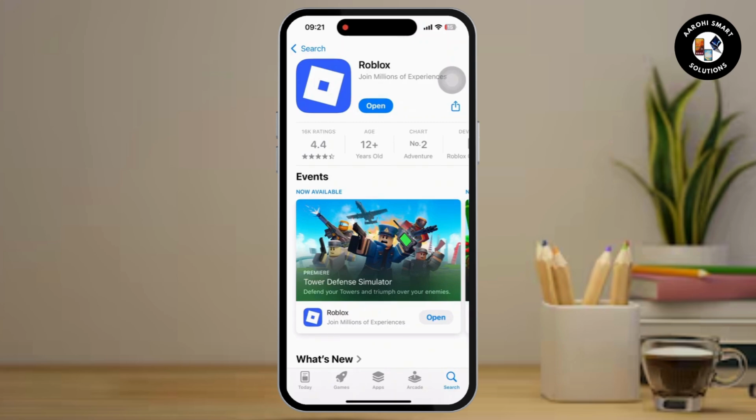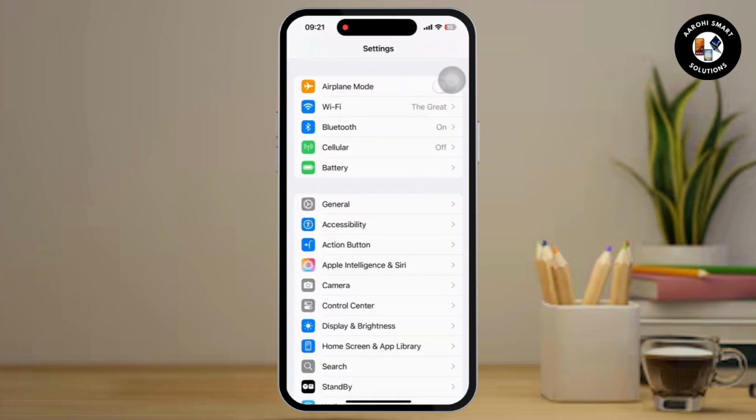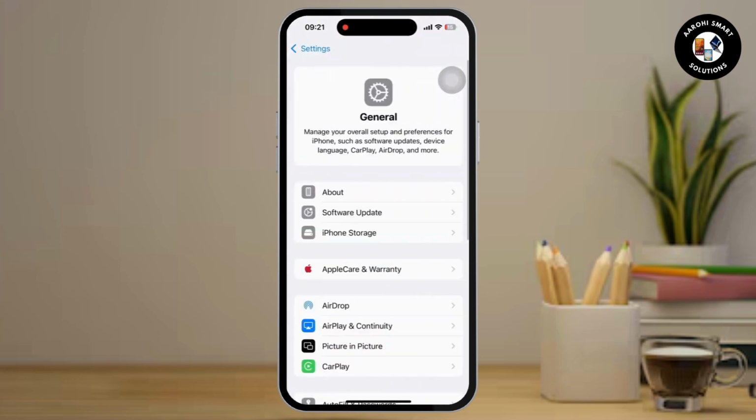So now, once updated, all you have to do is go back to the home screen, look for the settings app, and tap on it. Now for Android, all you have to do is clear the cache of Roblox. For iPhone, tap on General, tap on iPhone Storage,